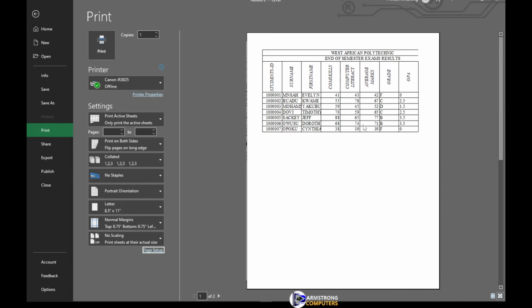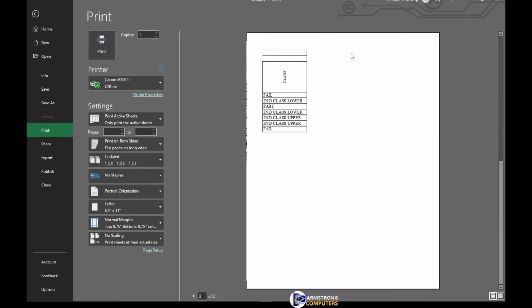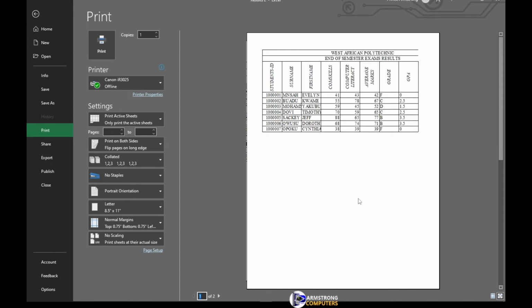Now instead of having one page, you are going to have page 1 and 2. The moment you click on Next, the portion that is being cut off is what is appearing on the second page, which is page 2. So if you want the whole thing to display on one page, what you need to do is this: just come to where we have